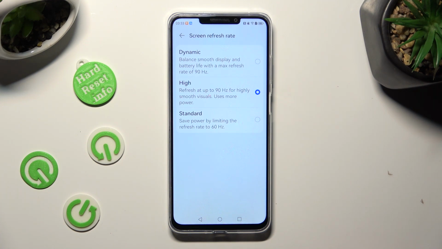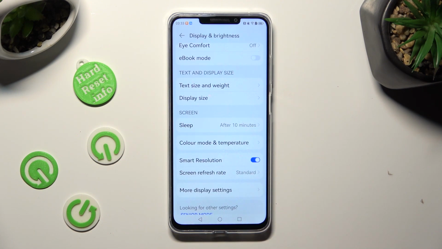I will go with Standard, so when I click and go back, I can see that the screen refresh rate of